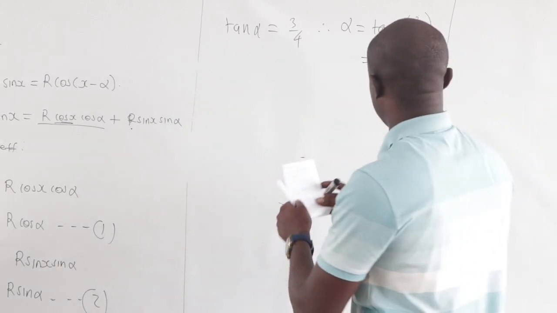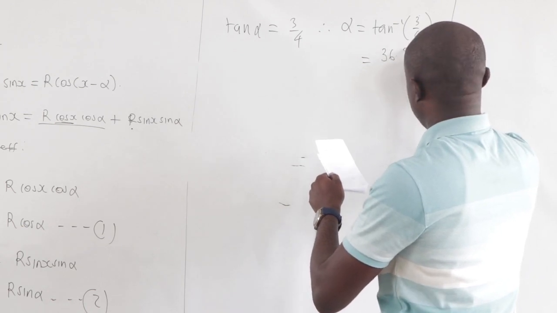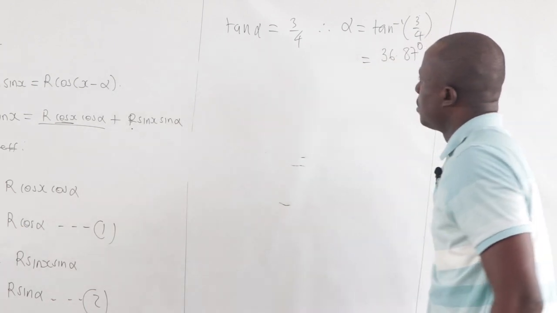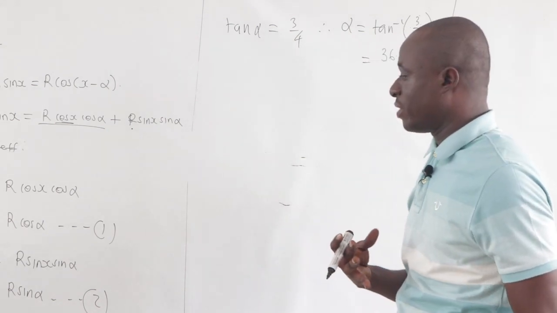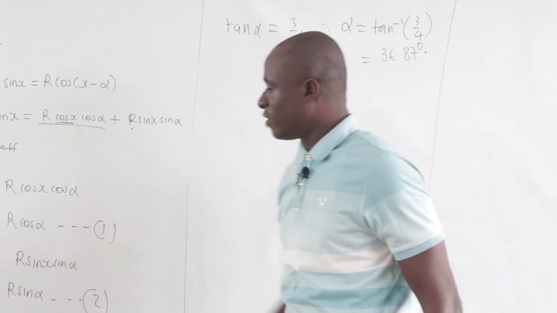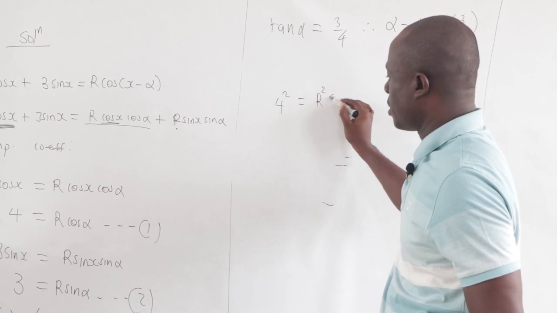Tan inverse of 3 over 4 is giving us 36.87 degrees. That is our alpha. We're also supposed to find r. How do you find r? Always, you square the first one. When you square the first one, you get 4 squared equal to r squared